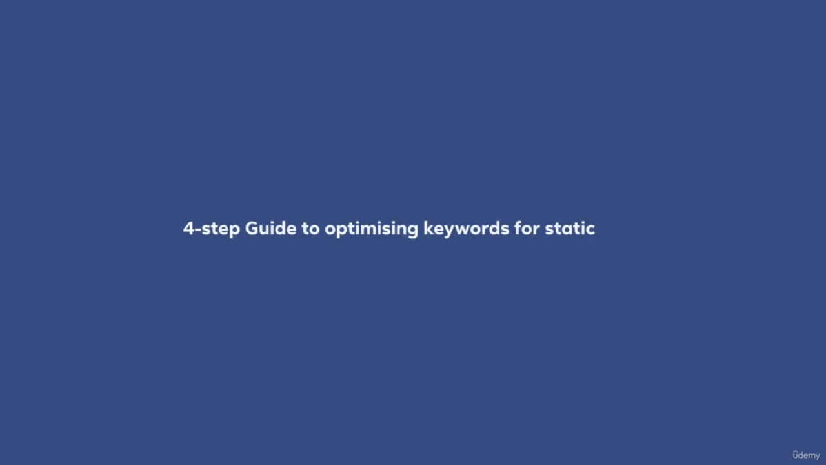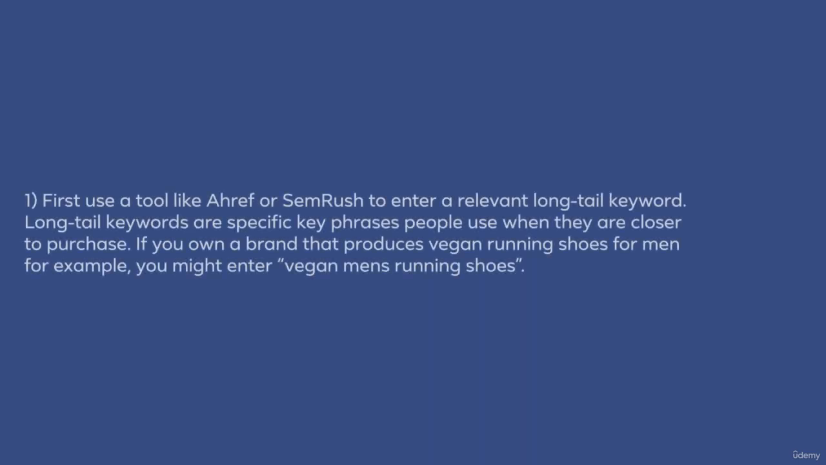4-step guide to optimizing keywords for static pages. 1. First, use a tool like Ahrefs or SEMrush to enter a relevant long-tail keyword. Long-tail keywords are specific key phrases people use when they are closer to purchase. If you own a brand that produces vegan running shoes for men, for example, you might enter vegan men's running